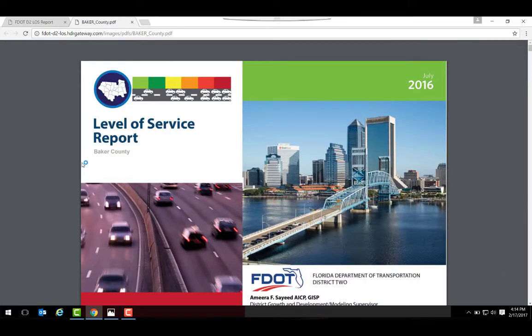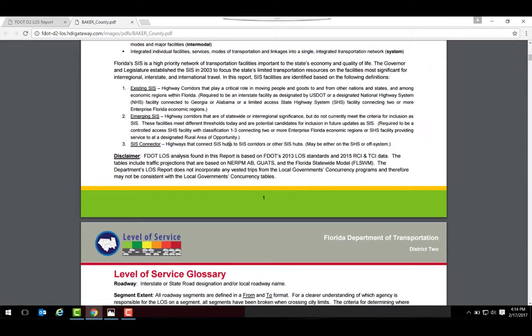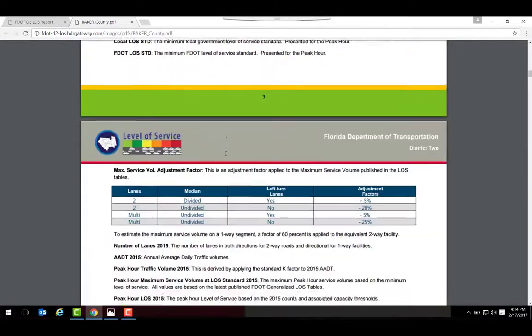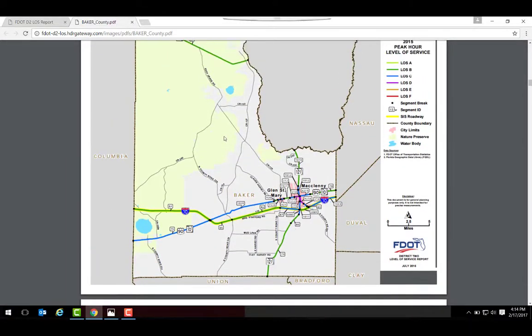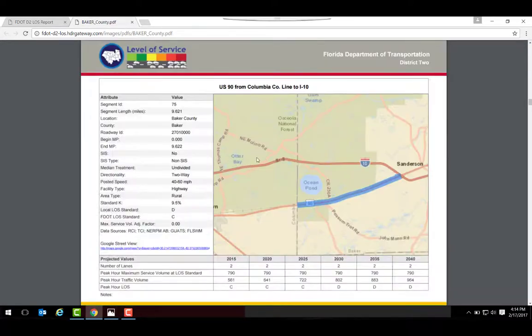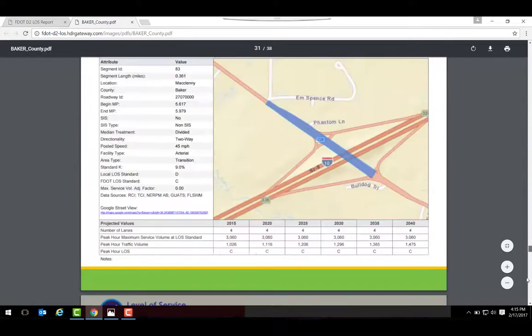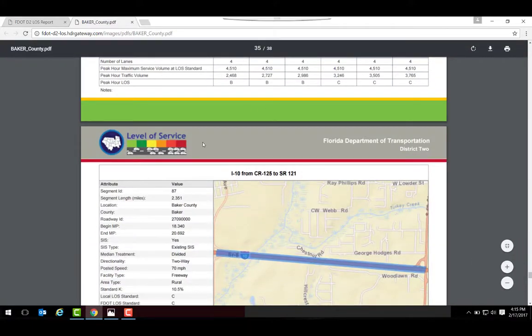So the tool brought up the report and opens it in a new tab, and it has a cover page. Then it has the glossary associated with it, which tells us about a little bit of background and then the attributes contained. It has an overview map of the county, and it has inset maps for the city. And then it appends the individual segment reports similar to the ones we just created. So this one contains all segments that are contained in Baker County. You can save this to a PDF, you can print it, you can email it, whatever you'd like to do